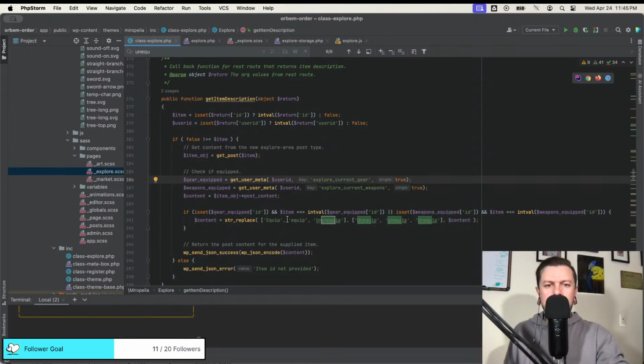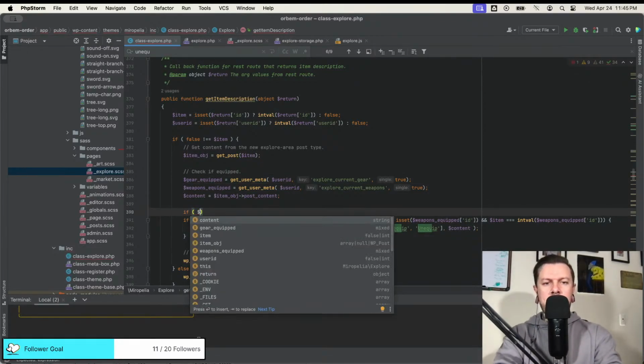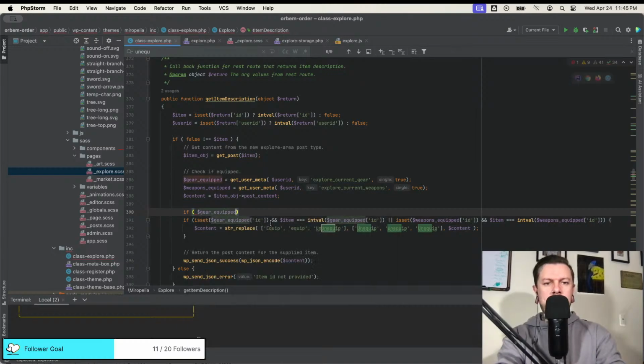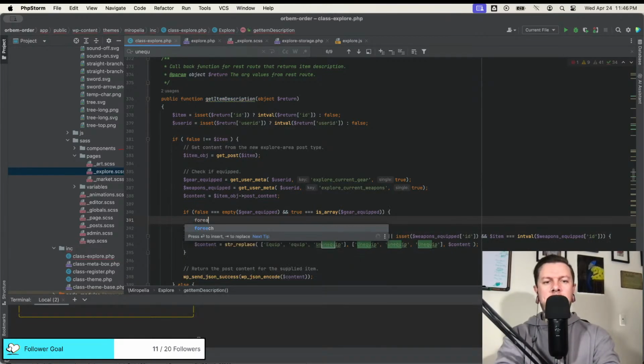We basically need to do a for each now. Gear equipped. This set false equals empty. Okay. And true equals is array gear equipped, and we'll do a for each here.